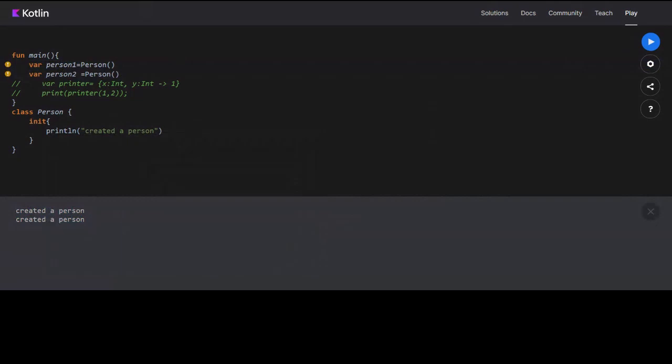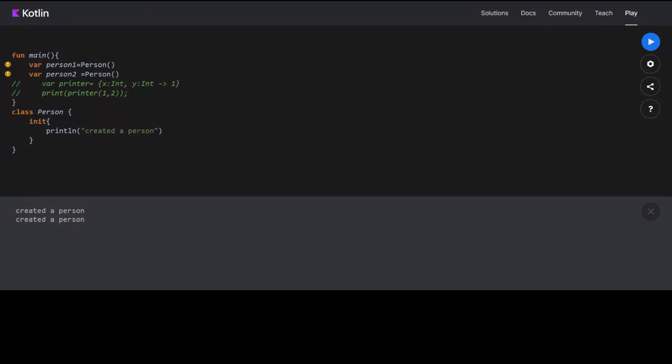Can we not declare it in curly braces? No, no. A lambda function should be in curly braces. That is the syntax for a lambda function. We will see how lambda functions are useful when we look into functions like filter and map. That will be more understandable there. So this was all about classes.